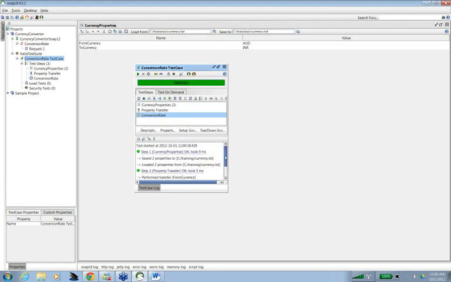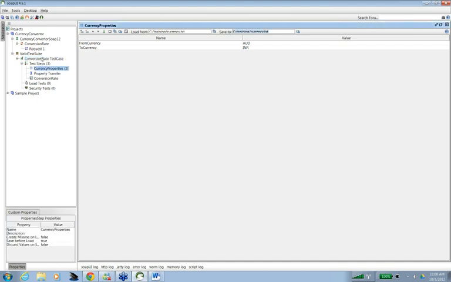And if you see here all the steps, the first step was to load that property from that file, and then to save it to a particular file. Step 2 was transferring from currency onto currency, and the third step was actually executing and showing the results. So this is our test case log which was generated here, with the 3 steps.